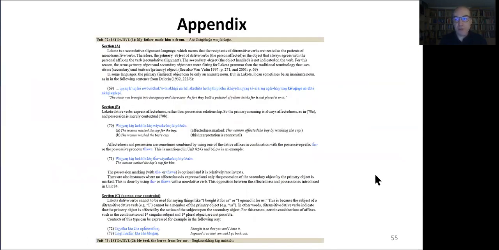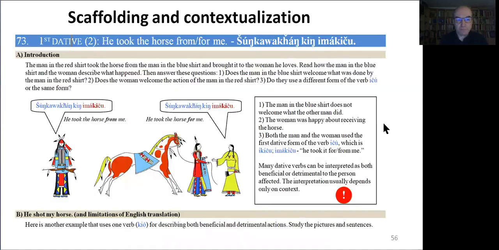And here I just want to give you a quick peek at one of the many appendix sections, divided according to units and sections within units. Here we offer additional examples of various advanced details, but also references to other formal studies that describe the grammatical pattern discussed. And we also point out our revisions of previous research. Here's another example of enhanced input: scaffolding, contextualization, and noticing questions.